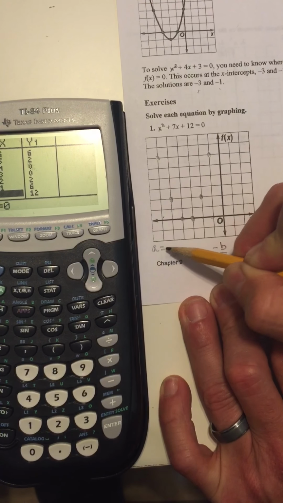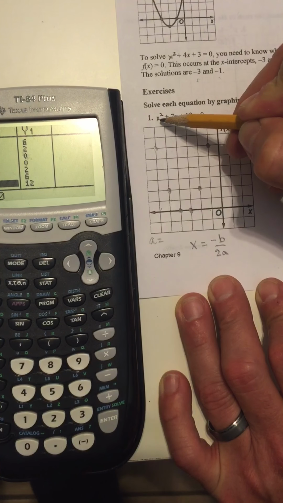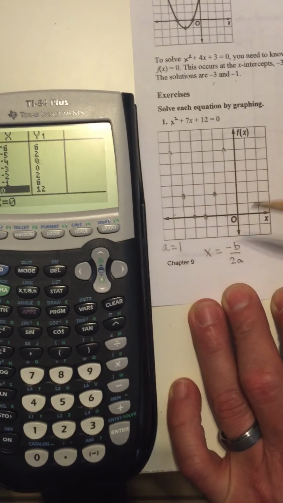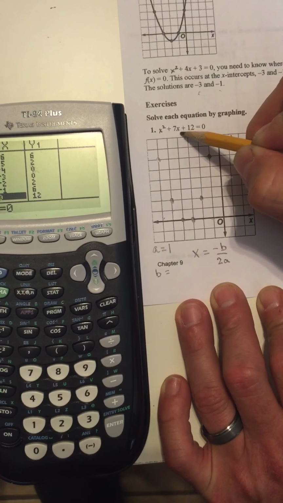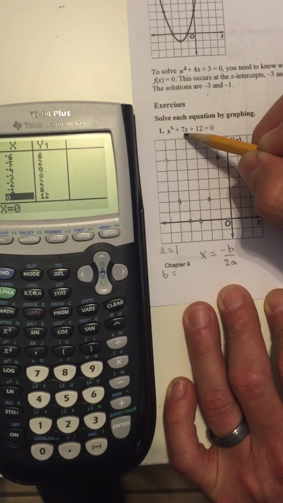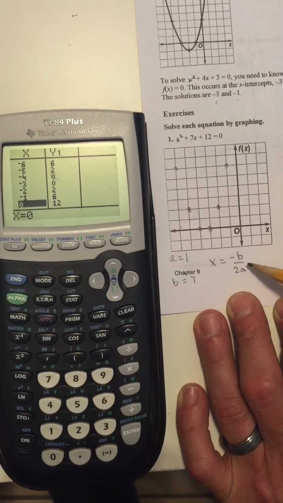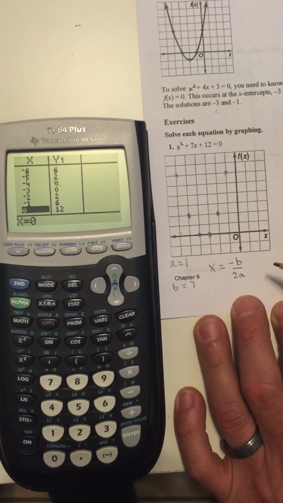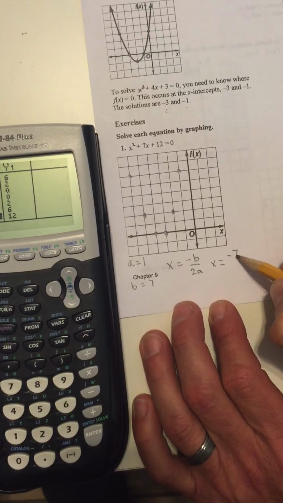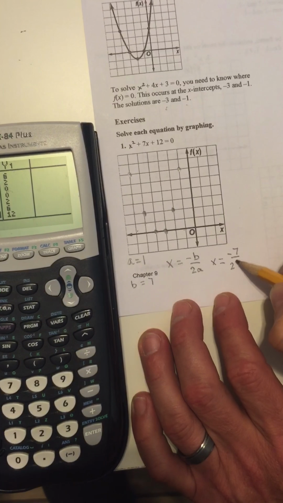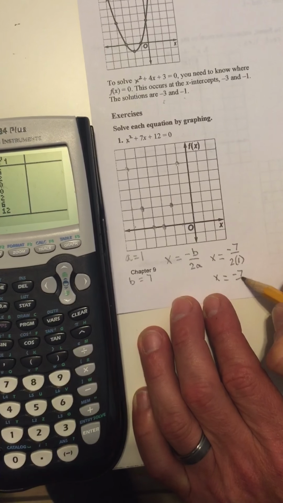So a equals, what's the coefficient of the squared term? 1. That's right. If you said 1, that's correct. And the coefficient of the linear term, which is the x, is 7. That's right. If you said 7, you're correct. So now we can substitute these values into our formula for the axis of symmetry. So we get x equals negative 7 over 2 times 1, which is x equals negative 7 over 2,